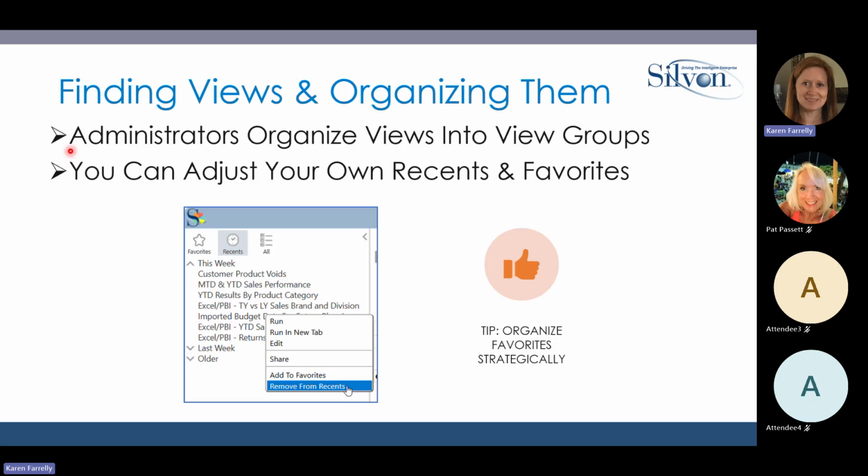Administrators can organize views into view groups, and that's what you see when you look at the All tab in the left panel. But you can adjust some things with your recents and favorites. Again, Stratum automatically tracks your most recent 30 views for you, but you can, for example, remove a view from recents, tag it as a favorite, and then you can also organize your favorites, like change the order, remove things, add things to that list. So it's your go-to list of frequently used views, a shortcut to get to them versus navigating from the All